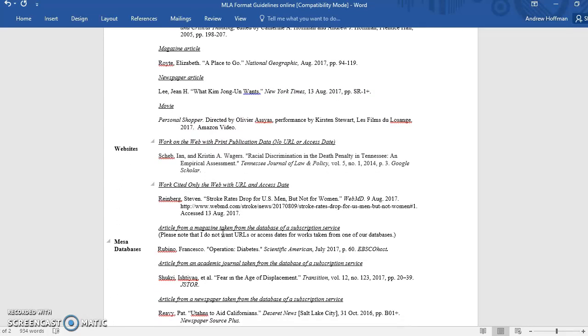Now, websites basically come in two forms. Think of it this way. There are websites that take us to print publication data. That is to say, these are websites that give us, kind of like a clipping service, articles, books, in fact, that have been published, and we're just getting it online. So basically what we do is we put the print information first, as if we have the material in actual